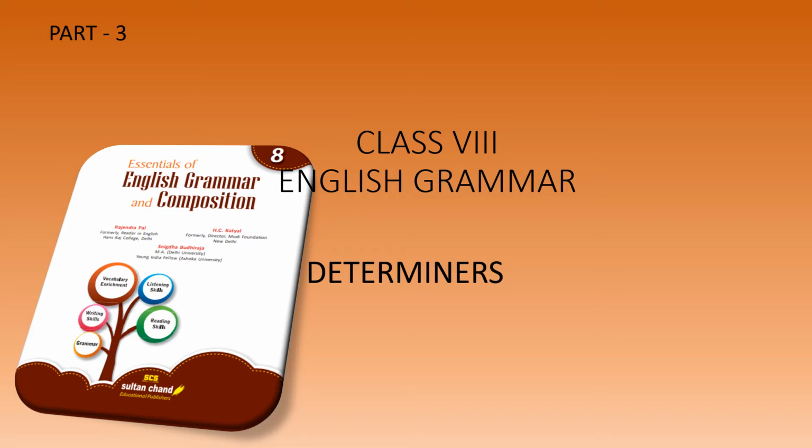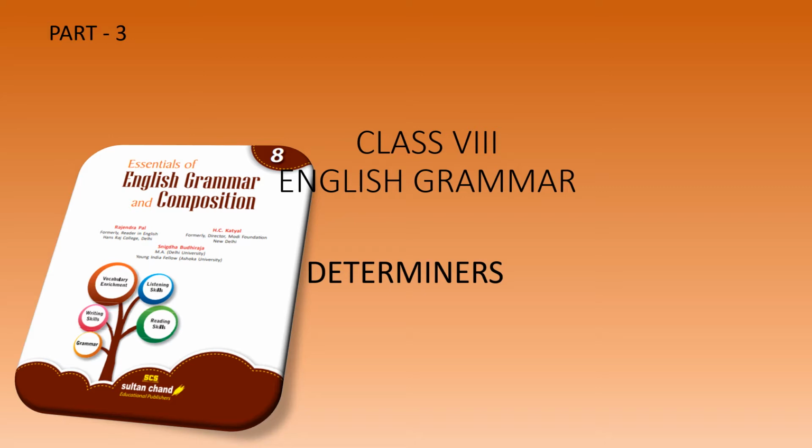As you know, we are doing determiners. So by now we have completed the articles. They are a part of determiners, definite as well as indefinite article. A and an are indefinite articles, and the is the definite article. So by now you must be knowing what a determiner is. A determiner is a word that determines what a noun is. So without much ado, let's proceed.